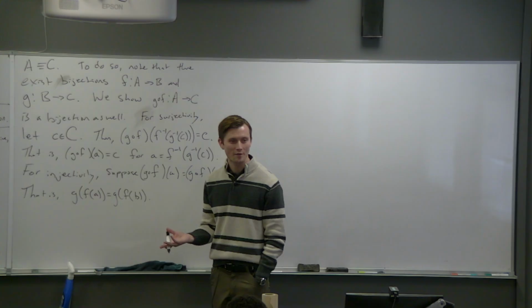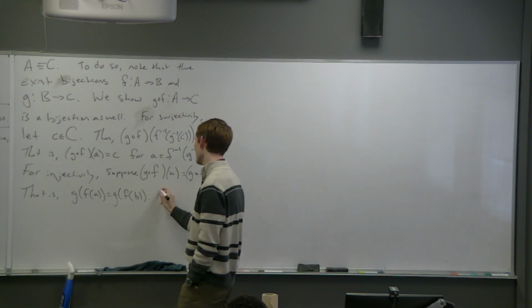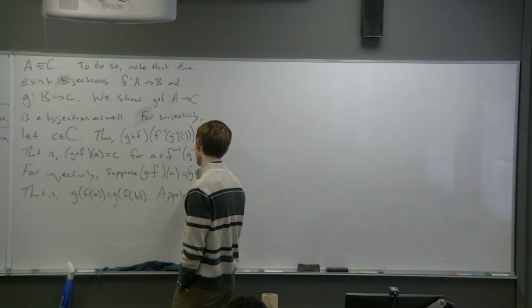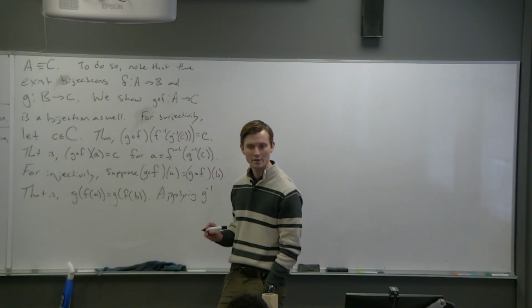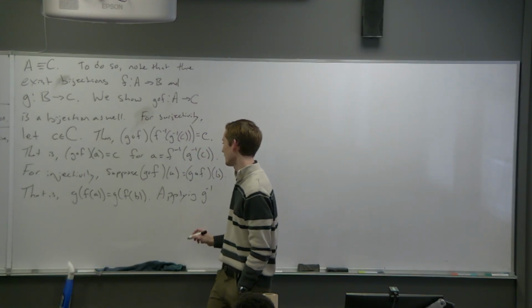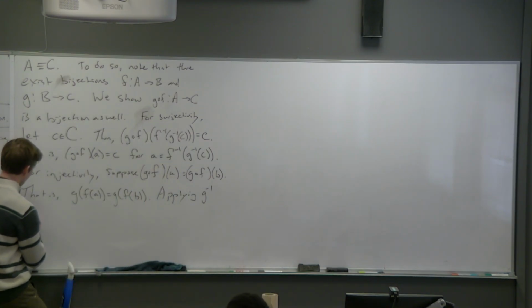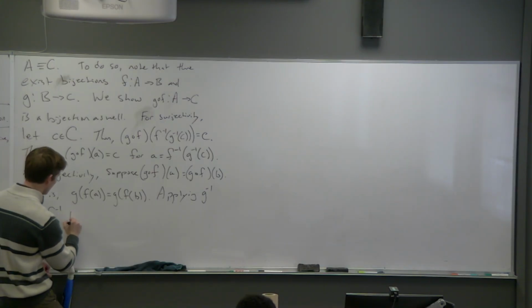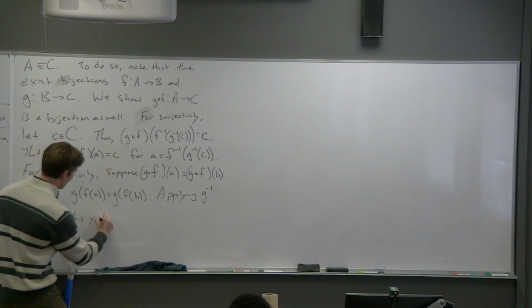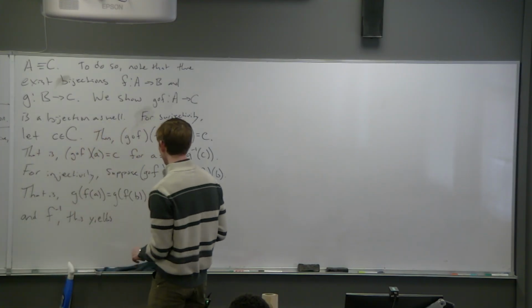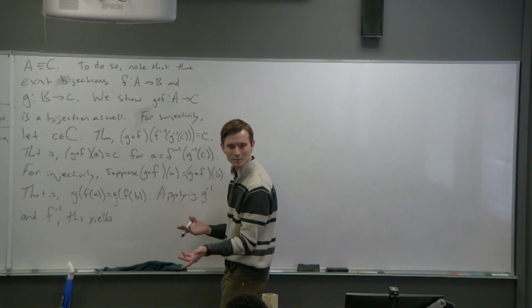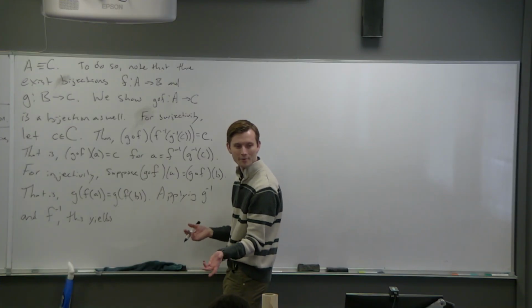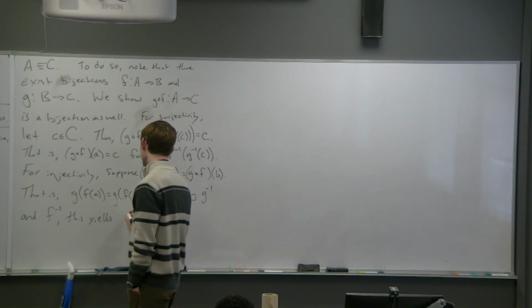That is, G of F of A is G of F of B. Applying the inverse function of G and the inverse function of F, this yields, well, if these things are equal, then I should be able to do G inverse and then do F inverse. And since I'm doing them to the same thing, I should get the same thing out, right? That is, I should get